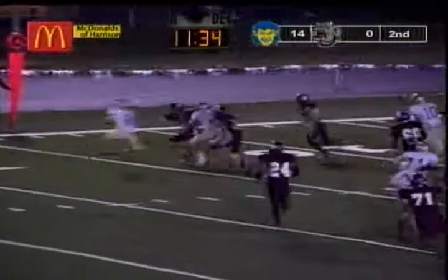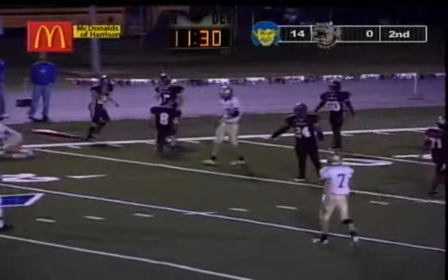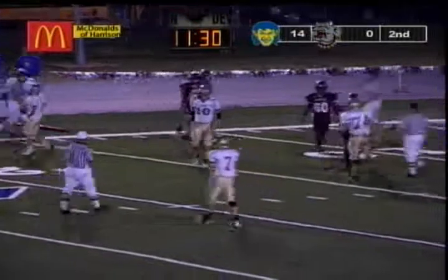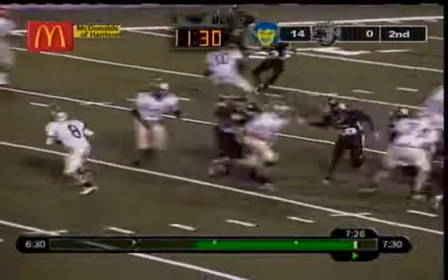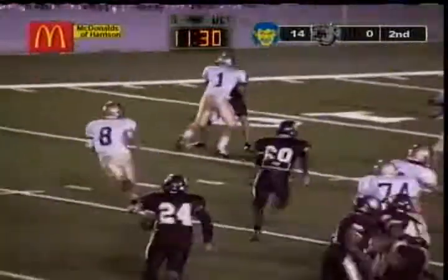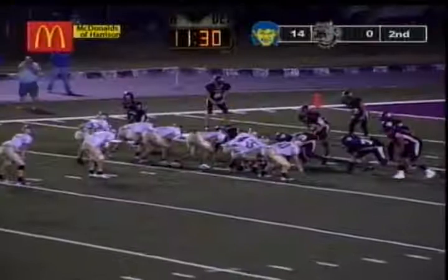Here we need to pick this first down up right here, and we don't by just an inch. We need to go ahead and finish that off and pick that first down up. Instead, we're going to have to settle for a field goal. Yeah, it looks like there's a chance for him to cut it right up there and get that first down. Well, 3 was pushing him from inside out, but right there, he's got to lower that shoulder and get up